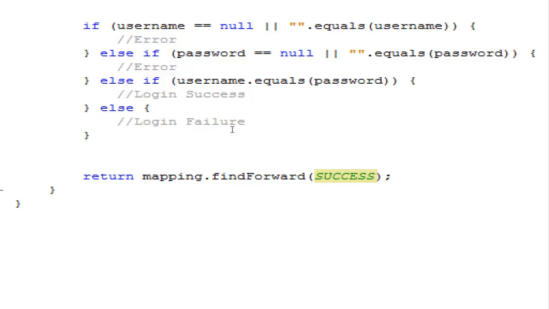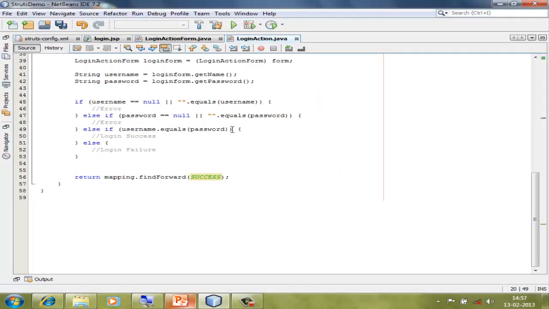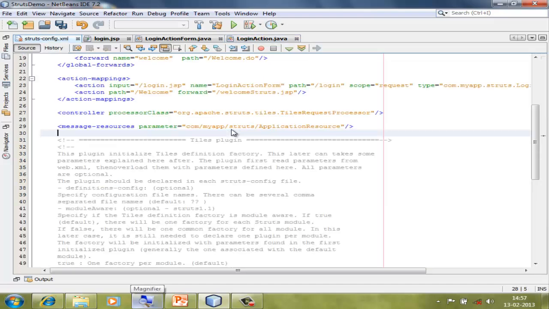So where is that found? Where do you get that mapping? You can guess the mapping is there with the configuration. So let's go to the configuration to figure out what is there in it. And how do I get the configuration of these struts? Go to struts config. If you look at this struts config,